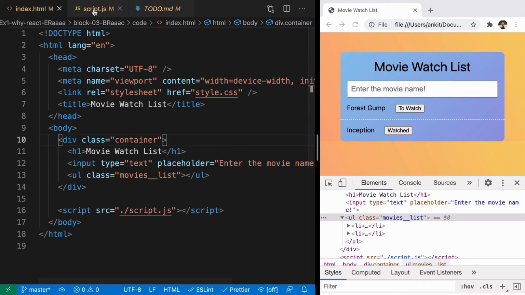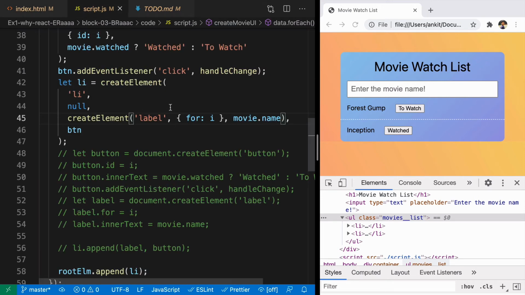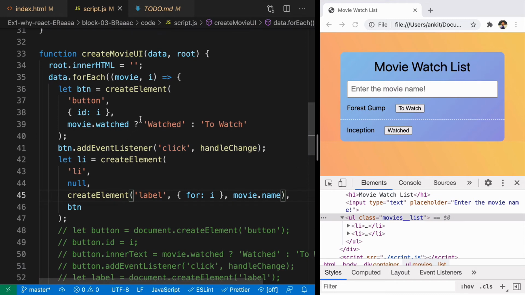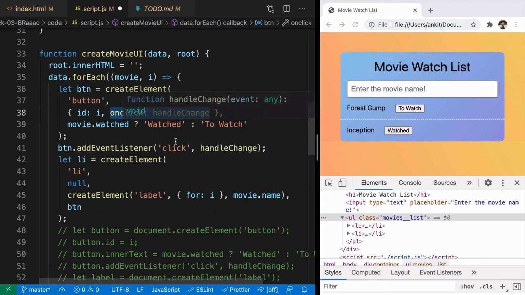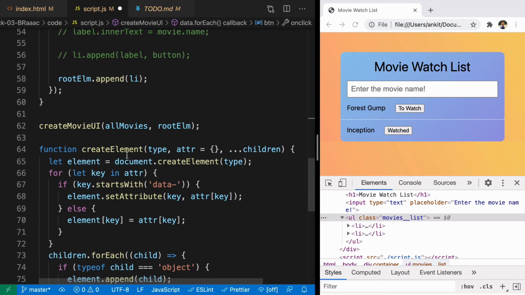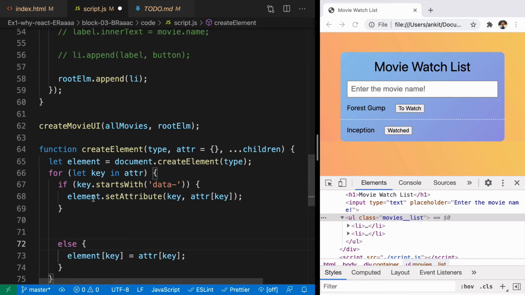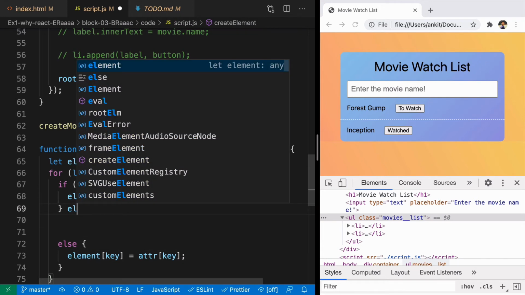That is the same thing we can do here. So for our button element, rather than adding an event listener here, we can just pass it as an attribute. We can say onclick, and whenever onclick happens, you just have to call this function handleChange. So this is how I can pass an event listener inside our createElement function. Now what we will have to do? We will have to take an extra precaution, and that is we can just write an extra else if.